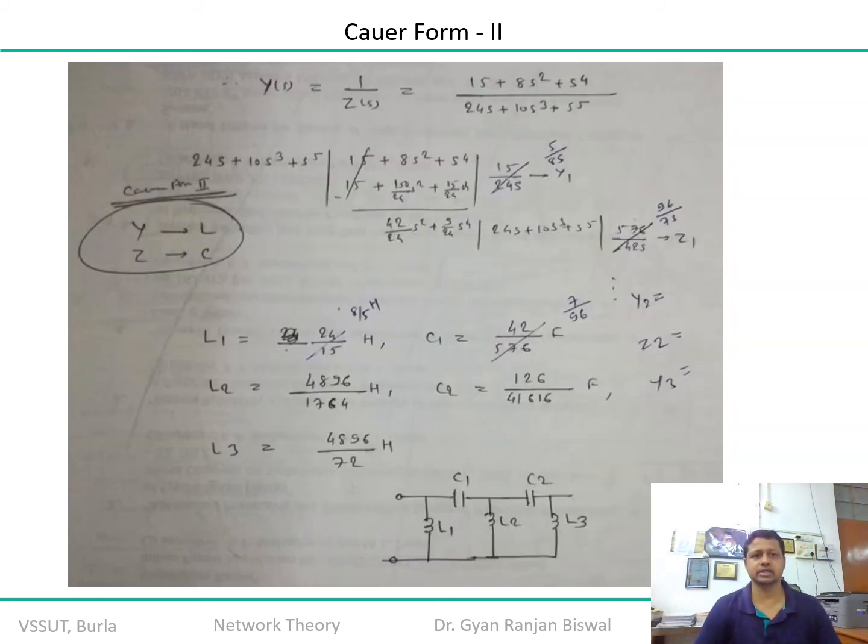So we converted to the admittance function because we have seen that for the impedance function it is not satisfying the requirement of Cauer form 2. So Cauer form 2 cannot be realized for this particular transfer function. So we converted to the admittance function, and from here you see that the first component is the C, and all the series components of Cauer form 2 are the capacitance. So first you are getting 5 by 8s.